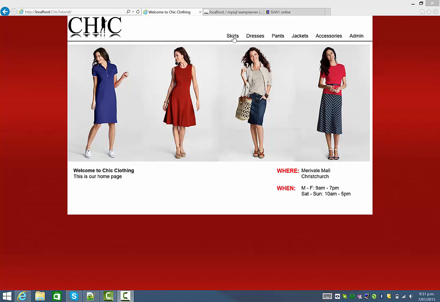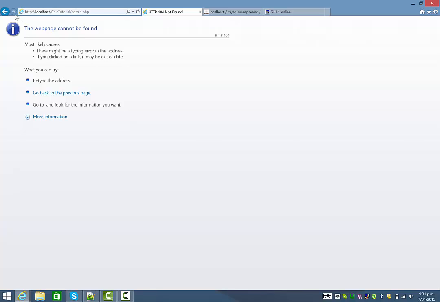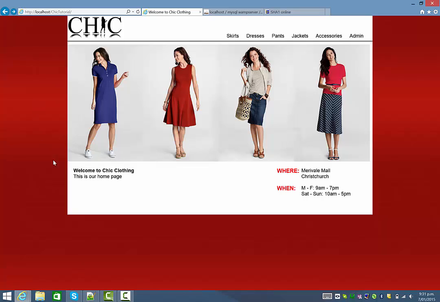So at the moment you'll see in our nav bar we have an admin link, and at the moment this goes nowhere. So what we'll be doing over the next 2 or 3 videos is just building an admin page that will sit down here in our main content. There will be a login page when you first come to it, and then when you are logged in, you'll then get a control panel with all the different options, and we'll work our way through each of those options